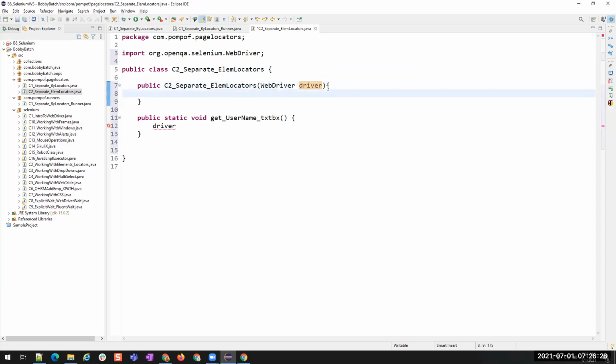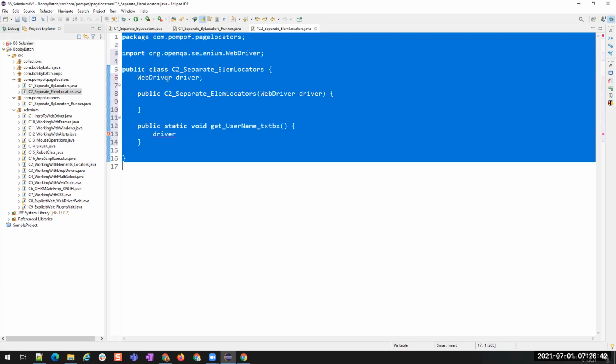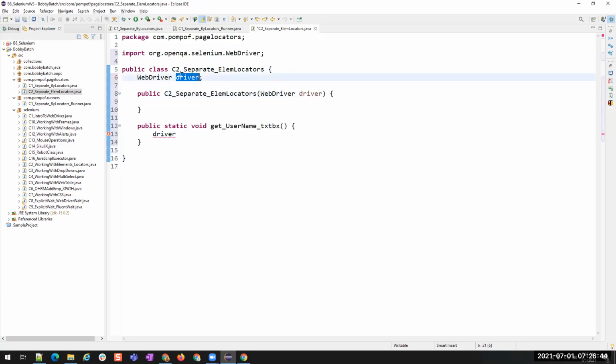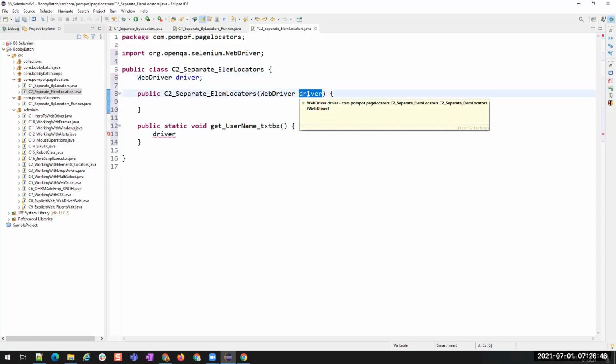Now, I'm passing the driver object to this constructor, but I want to have it in all the other methods. Do you remember? We will use class level variables, WebDriver driver. I've created a class level variable, but I'm getting the driver from this method.